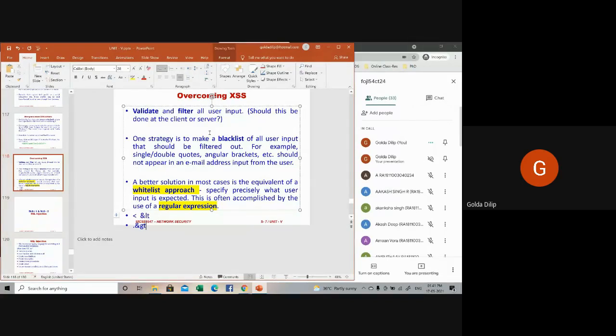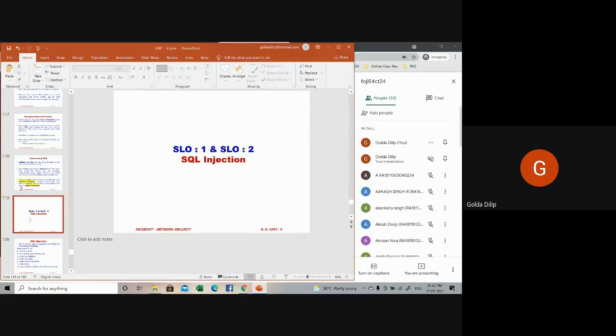But that may not be a practical solution, because JavaScript is used by a number of users and has very rich dynamic web content, so it will not be adopted by many. These are the different ways of overcoming client side cross-site scripting attacks.